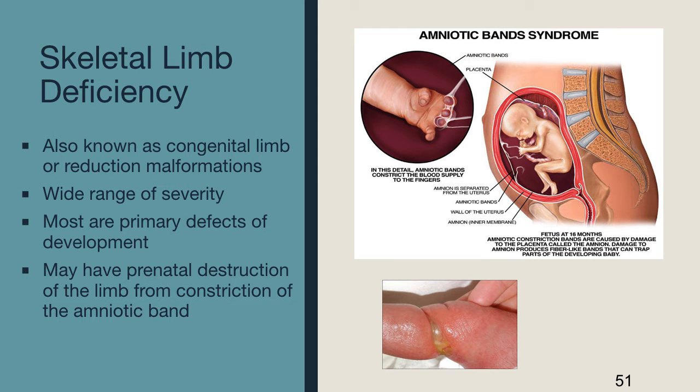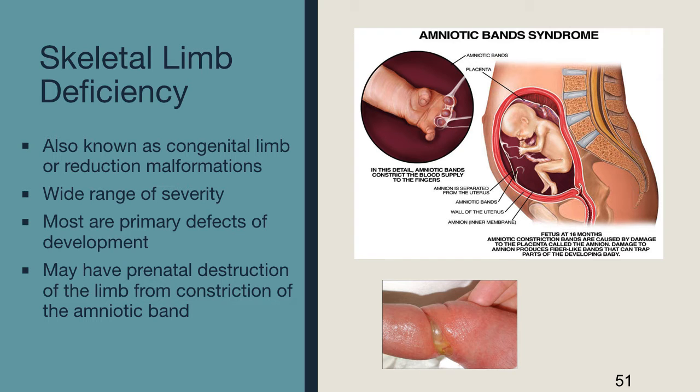All right, so we left off with the picture with the club foot of adults, and we don't see that much here in the US or in developed nations, but we do see it in underdeveloped nations. The next thing we are going to talk about is skeletal limb deficiency. It's also known as congenital limb or reduction malformations, and there's a wide range of severity with these. And most of them are primary defects of development, meaning that as the embryo is developing, the limb just doesn't